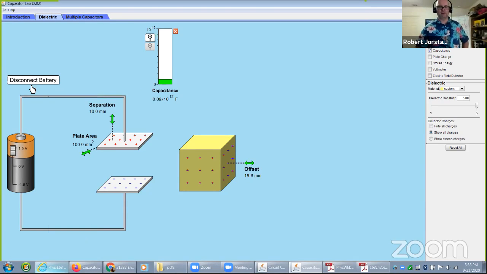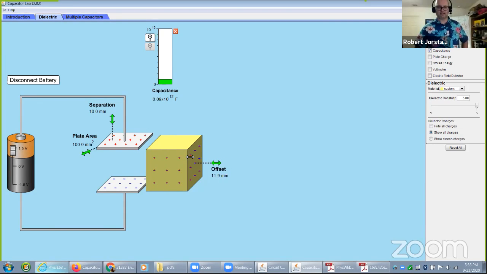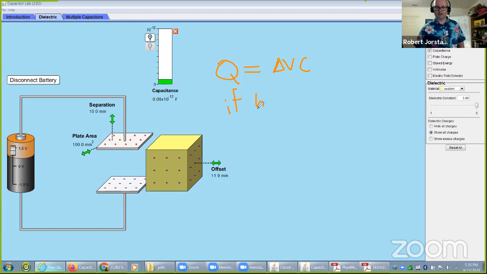Let's connect the battery. Okay, I have this charged. Now, we saw what happens when I bring this in while the battery is connected. The capacitance is going to go up. I still have the same voltage. So let's write down an equation and let it govern our thinking. We know that Q equals delta V C. If the battery is connected,